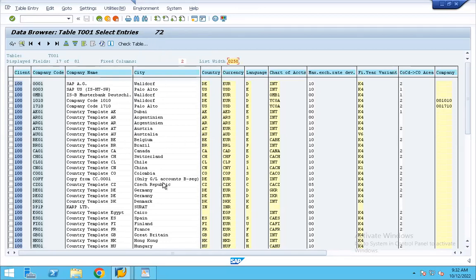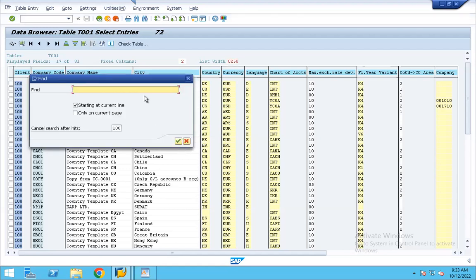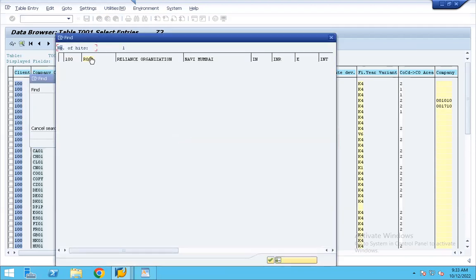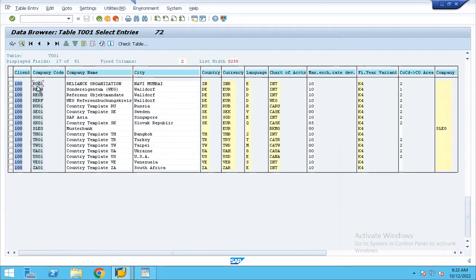Now if you want to search your R001, you can simply press Ctrl F and type R001 and hit continue, and you will see that your entry is over here. Just double click this and the system will automatically keep the cursor over here, so that you are well informed that the selected company code is right now in front of you in this particular